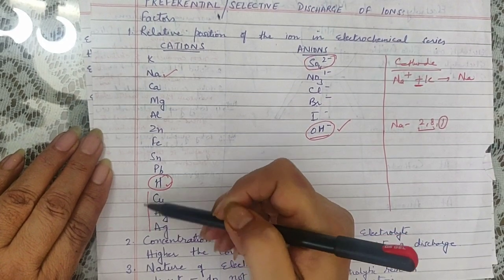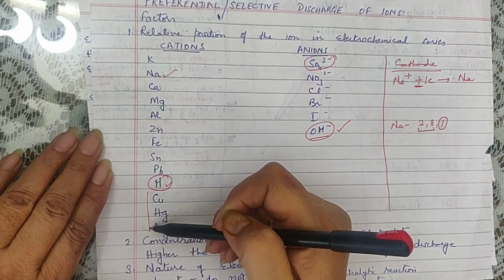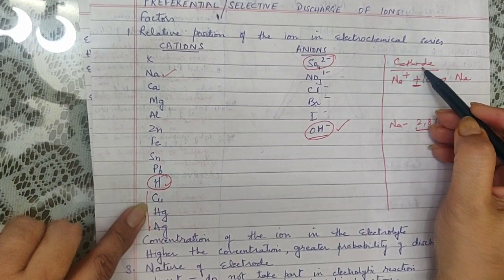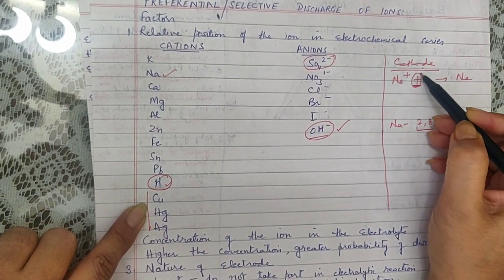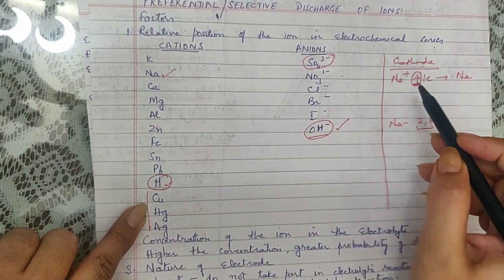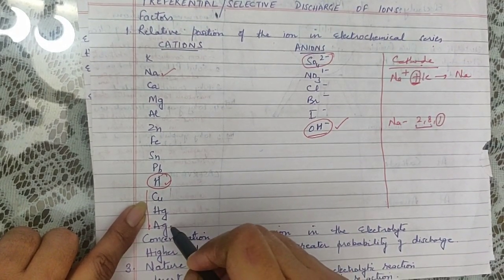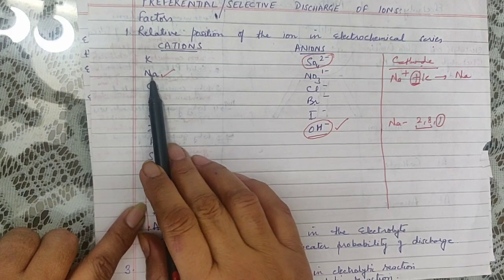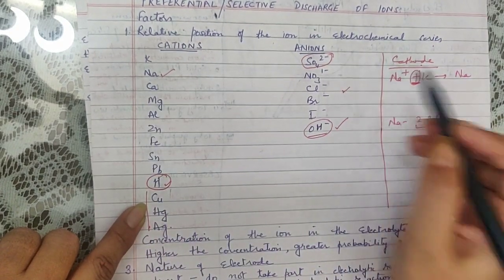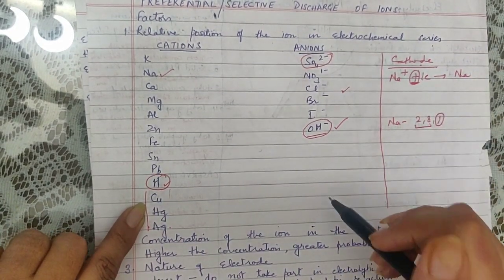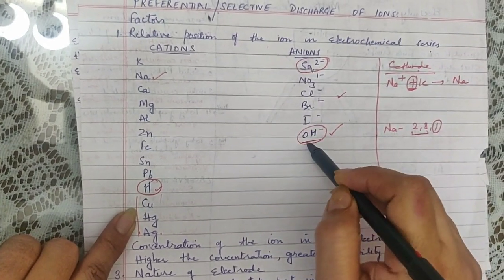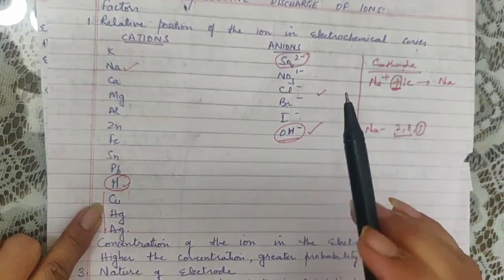These are also metals, they will also be losing electrons to become stable, but while moving towards the cathode, they are supposed to accept electrons. The acceptance of electrons will be done more easily by the metals which are down below in the series rather than the ones which are on the top. Exactly the same way in case of anions also. That is the reason why the ions at the bottom are discharged first rather than the ions on the top.